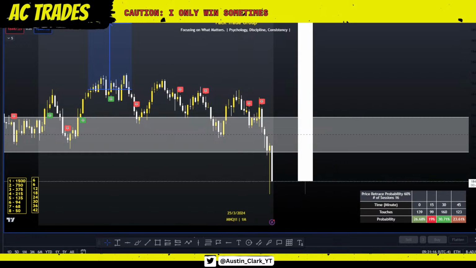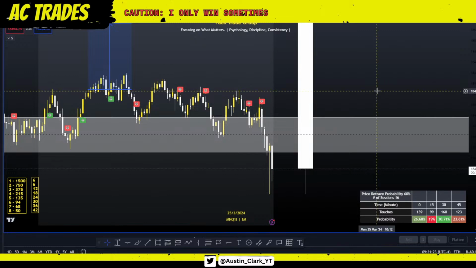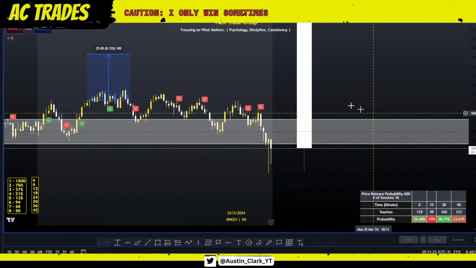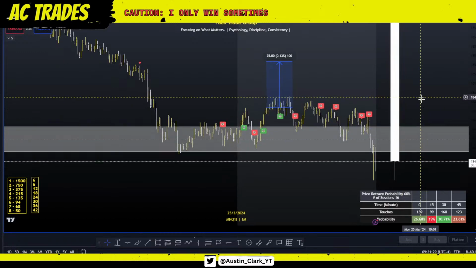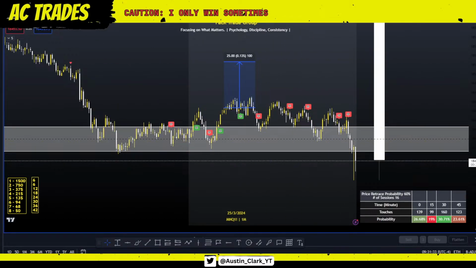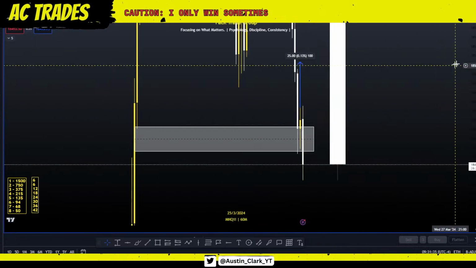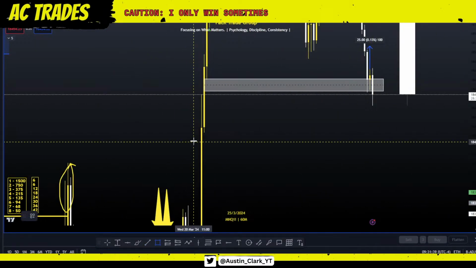Ability knife catches. Let's see. Let's see. Do we continue melting or do we finally get some distribution here? Because we did break this little footprint here. Which then takes me here.